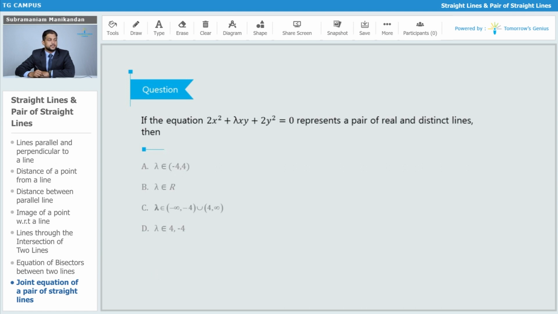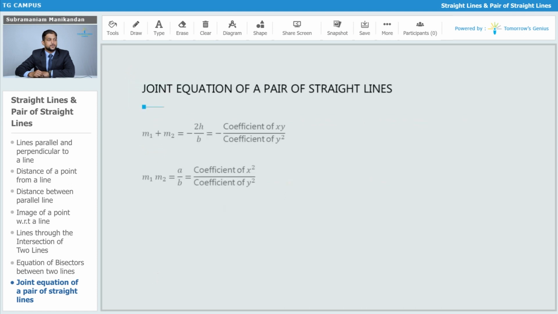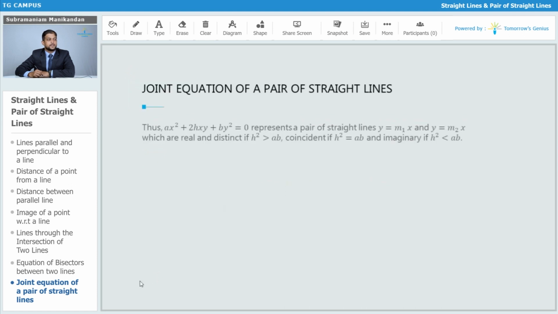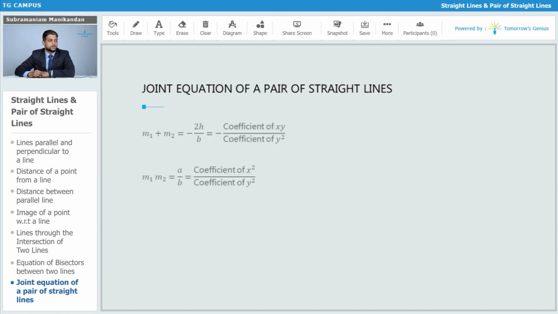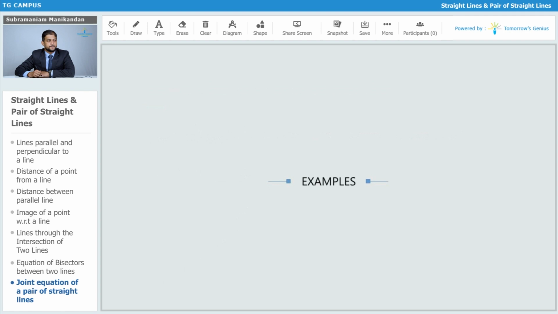We have seen here that when h square is greater than ab, it represents a pair of straight lines which are real and distinct. If h square equals ab, then it represents one single line passing through the origin. And if h square is less than ab, imaginary lines. And so since we require the two lines to be real and distinct, therefore